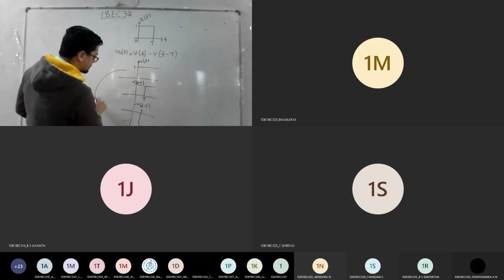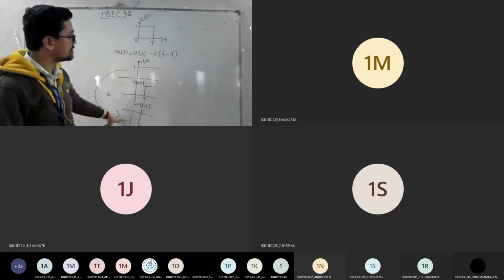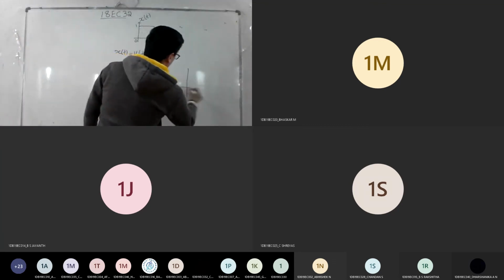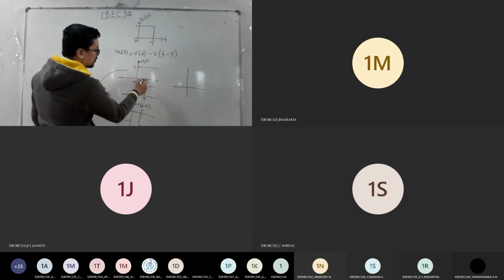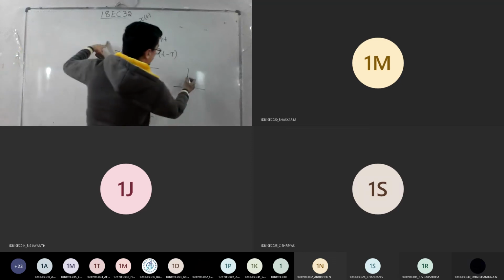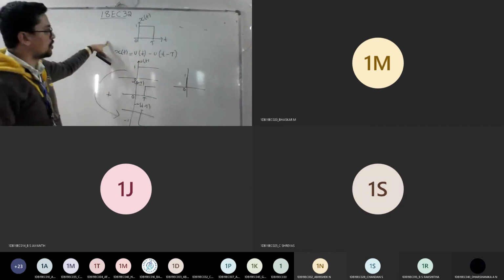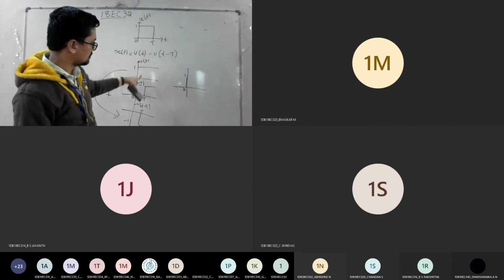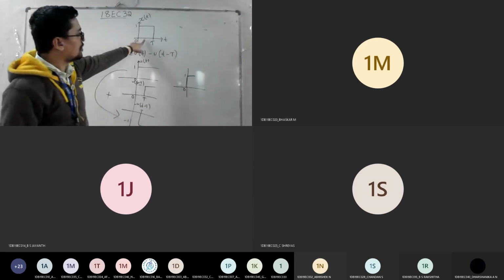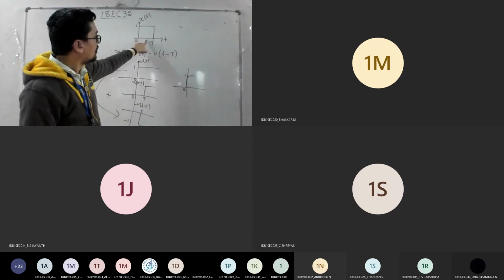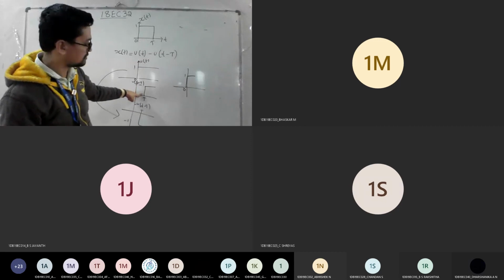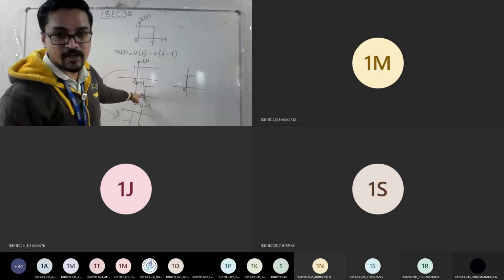Now you need to add this and this. If you add them, check whether it is this signal. If you separate them also you'll get the same, we'll verify both. We'll go for addition first. From 0 to 1, the signal is there here, and not there here, so 0 to 1 retains its position. Then 1 to 2, the signal is there here, it is not there here, so it retains its position. Now I take 1 to t, the signal is there here, and also there. Yes or no? Everyone getting it or not?